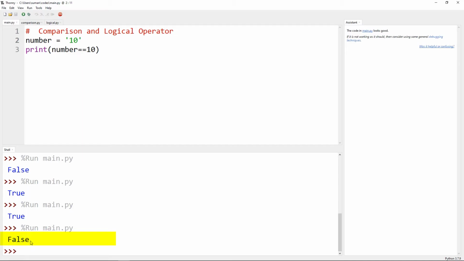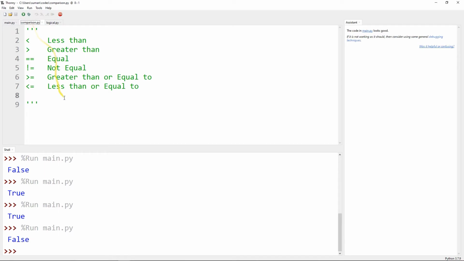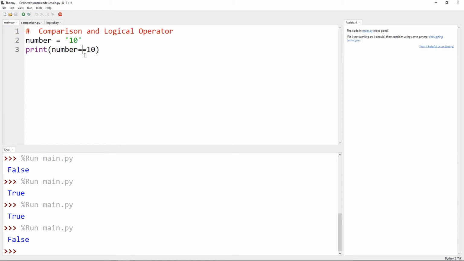That's why the expression is false. But if we compare it with the not equal to operator, what is the not equal to operator? Now the not equal to operator means the exclamation sign and equal sign. So we are changing the code like that. If we run the code, that must be true, and that one is true. Next, we are proceeding to the less than equal sign.